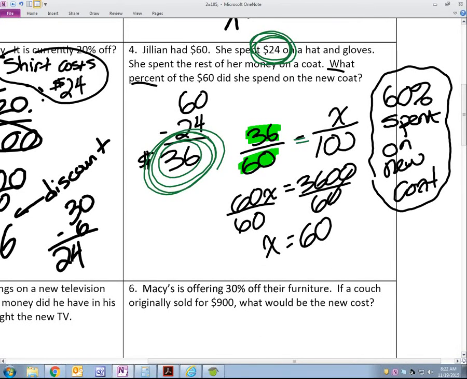Does that make sense? Kind of a blank face right now. Okay. Do you agree that 24 is lower than 36? Do you agree that 40% is lower than 60%? Okay. Good, good, good. So now we're looking for,